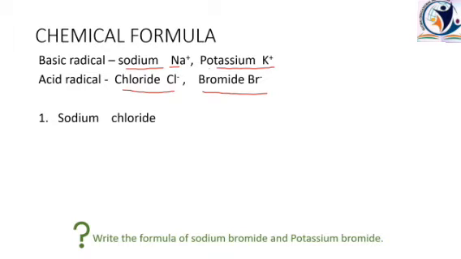First is the formula of sodium chloride. For sodium chloride, first we are going to write the sodium ion. Sodium ion is written as Na plus and chloride ion as Cl minus. As in the formula it is sodium chloride, accordingly we have written two ions, sodium Na plus and chloride Cl minus. Now we are going to interchange their positive and negative charge. Sodium is having one positive charge at the top.